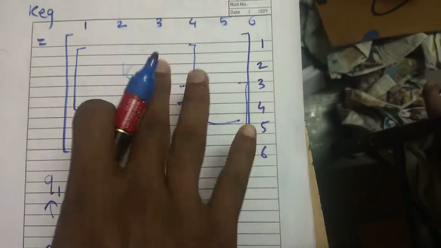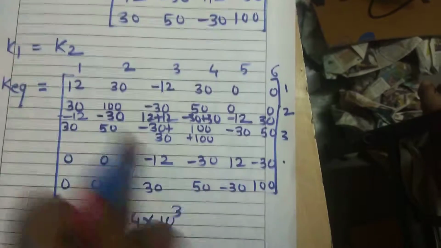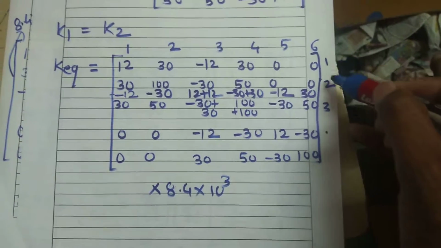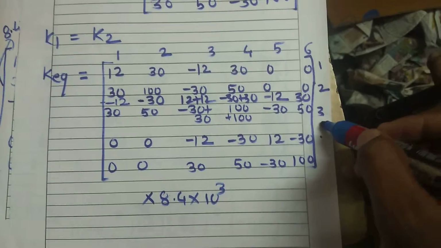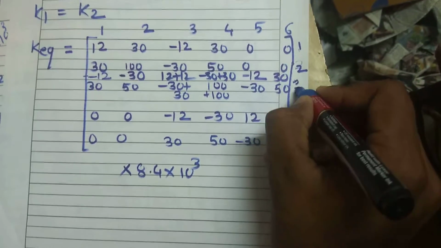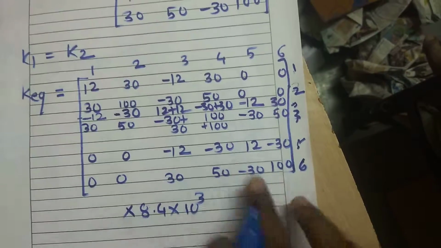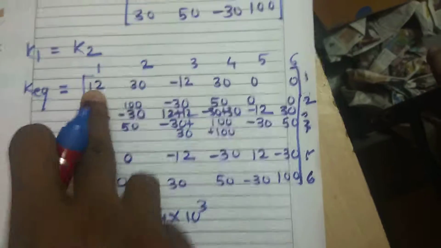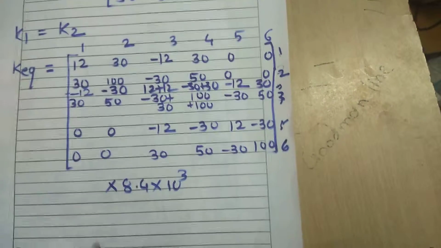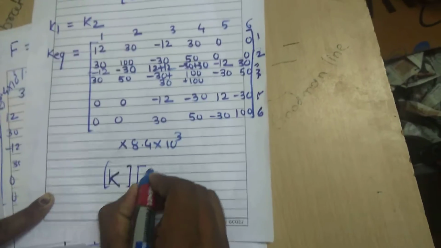We have calculated this matrix, this will be our K equivalent matrix, with rows 1 2 3 4 5 6 and columns 1 2 3 4 5 and 6. Then we have to calculate in our equation K into Q is equal to